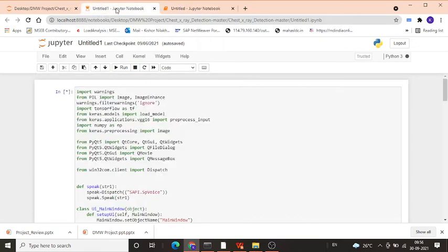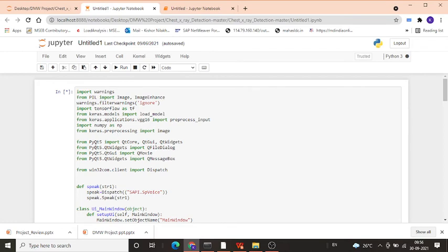Now coming to the GUI part, here again I have imported all the libraries that I require. Then again warnings, then PIL, then again filter warnings, TensorFlow and so on. Then with the help of keras.models I have imported load_model. With the help of keras.applications.vgg16 I have imported preprocess_input. Then NumPy is imported to handle the arrays.